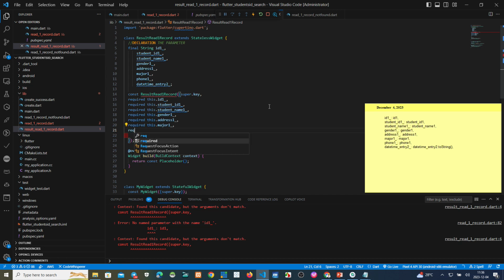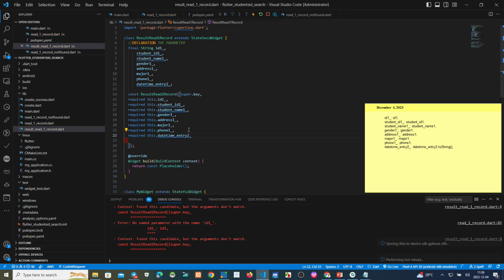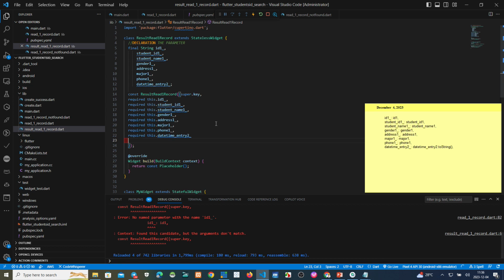Require this font 1, and the last one require this date time entry.